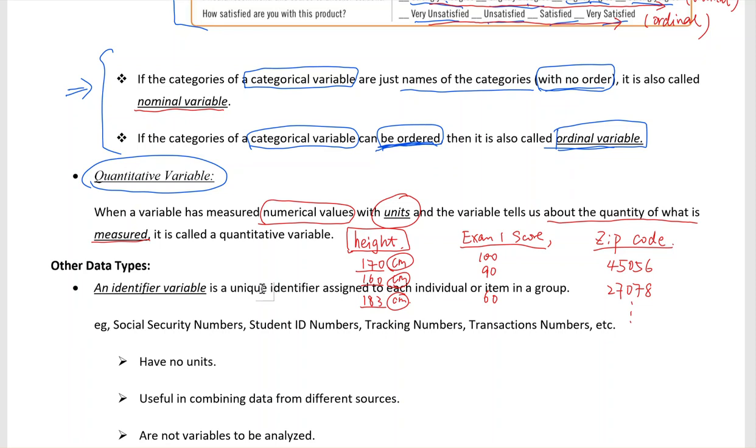The answer is no. First, it is numerical values, that's right. But does the zip code have any unit? No, there's no unit for zip code. Does the zip code measure anything? Of course not. It just tells you the location, right? So what is the zip code variable? The zip code is